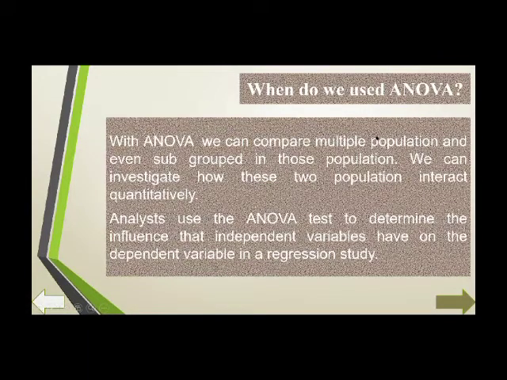So when are we going to use ANOVA? Where do we use ANOVA? If we want to compare multiple populations, it's not easy to compare a population because it is a wide range. ANOVA is perfect. With ANOVA, we can compare multiple populations and even subgroups in those populations. We can investigate how these two populations interact quantitatively. Analysts use the ANOVA test to determine the influence that independent variables have on the dependent variable in a regression